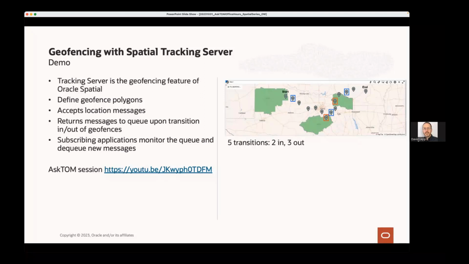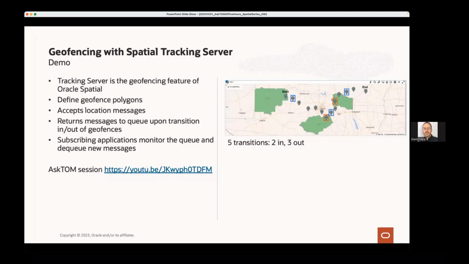In the example on the right, you see those positions starting on the left and moving southeast and then northeast. Throughout those movements, every one of those pins would have a location message that was sent as it was moving along. There would be 5 messages if we were telling the location tracking server that we wanted to monitor every transition. I don't care if it moved out or moved in, I want to know about both. In that case, there would be one for the initial movement out of a region, one message queued up when it entered the next region, exited that region, entered, and then